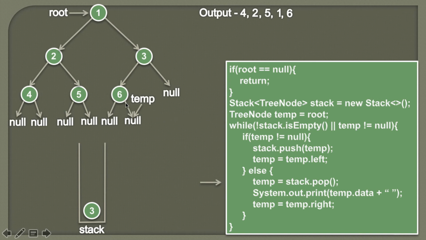So friends, here you can see for the node 6 we have visited its left subtree, we have visited the node, and we have visited its right subtree. So therefore we have completely visited node 6, and here you can see node 6 is to the left of node 3. So now we have traversed the left subtree for the node 3, therefore now we can visit the node 3. In order to reach node 3, we know that we have already stored this node on the stack. So we simply pop this element from the stack and we'll assign it to the temporary node. It would look something like this. That node 3 gets popped out and its value is assigned to temp. So therefore now temp will point to node 3.